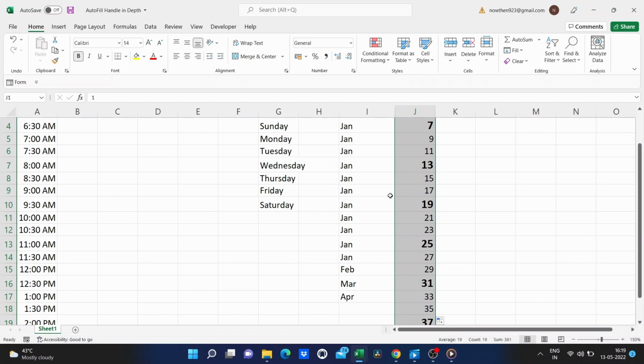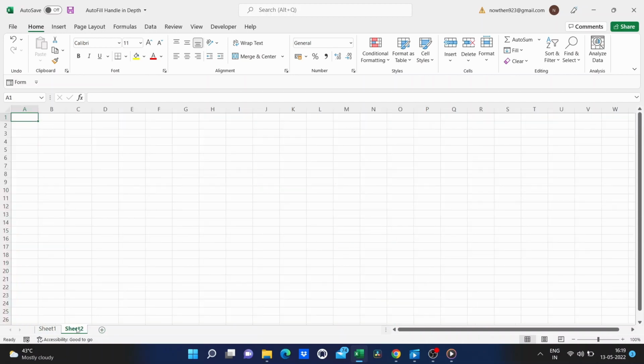And so that's why if I go to a new sheet and I just type in January and then I click on the cell and double click on the autofill handle, look, nothing happens. Why? Because January is already as far down as my data goes.